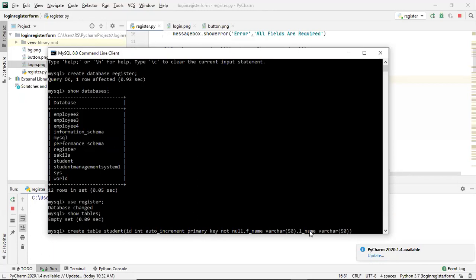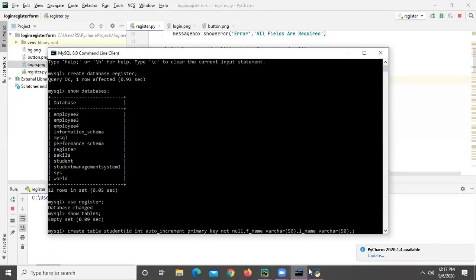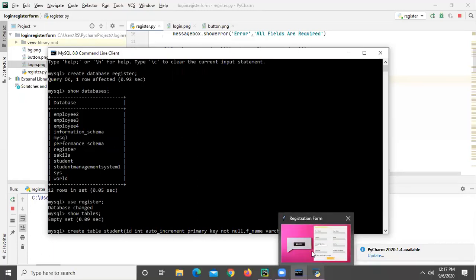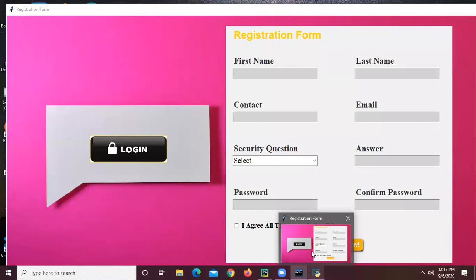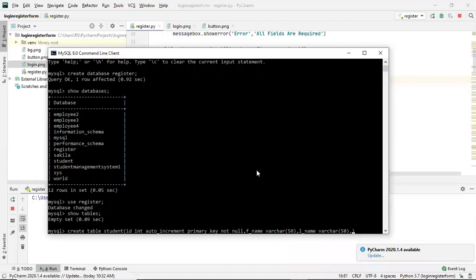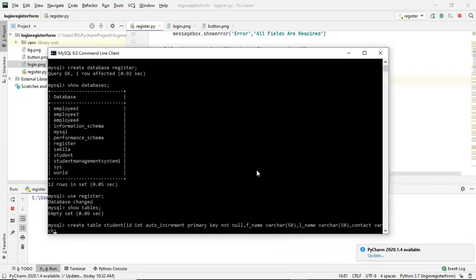After first name and last name, we have contact, then email. So comma contact, varchar. Since contact can have only 10 values, because the number has 10 digits only, that is why I'm giving 10. You can give any value, it's up to you.